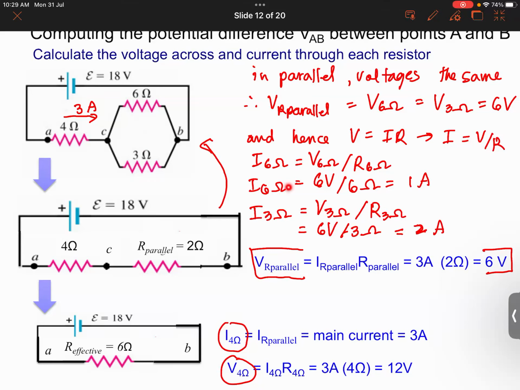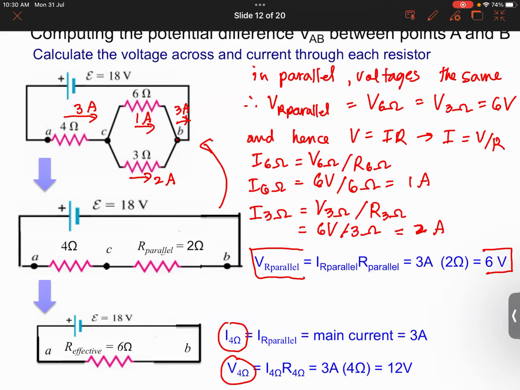The current through the 6 ohm resistor is 1 amp, and the current through the 3 ohm resistor is 2 amps. In parallel connections, the currents should add up. 1 amp plus 2 amps is equal to 3 amps, which is exactly the same amount of current that went into this junction here. And of course, it will also be the same current that goes out of this junction